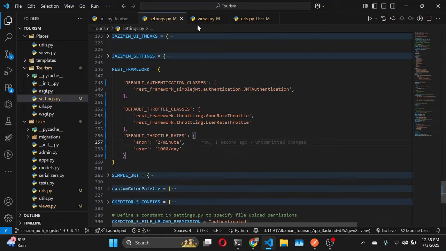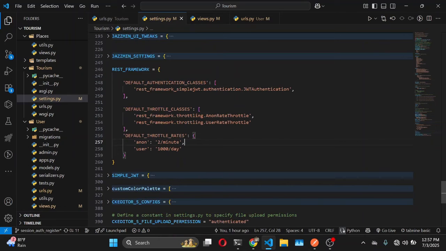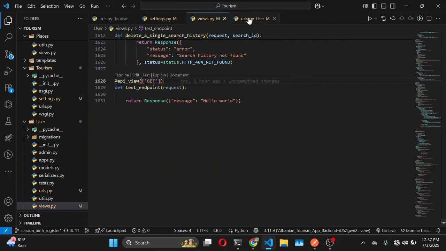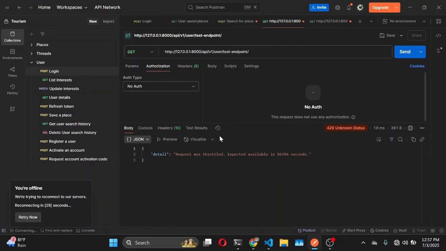So we're going to be testing it now with an endpoint which I had created here. This is an endpoint which just returns hello world. Because an unauthenticated user can only make 2 requests per minute, if we try to make more than 2 requests to this specific endpoint, then we should get a 429 error. Now, this is the URL here. I had already opened Postman ahead of time in order to test this. So this is the endpoint which we have now. Once I click send,